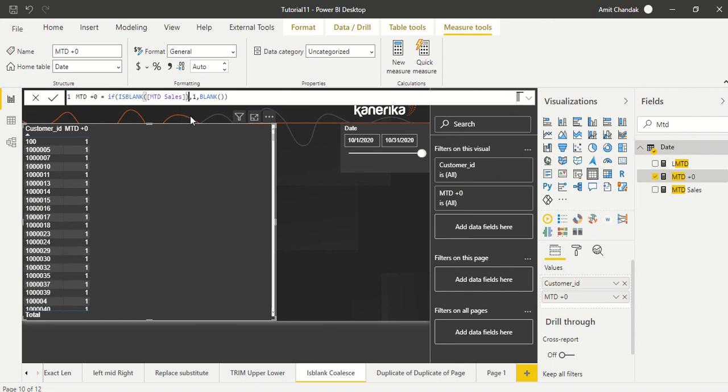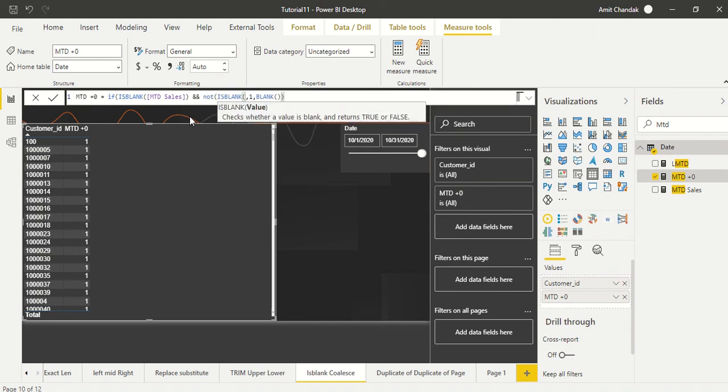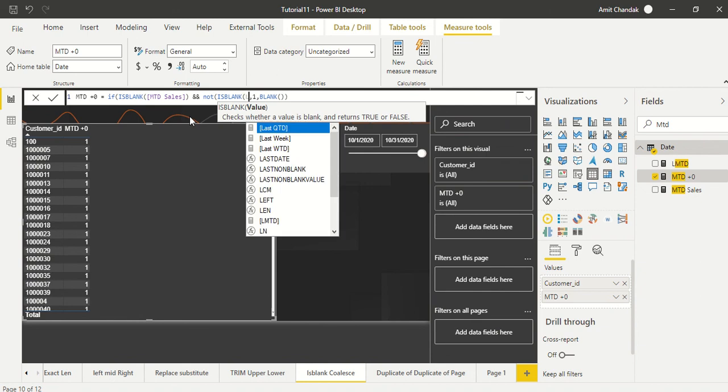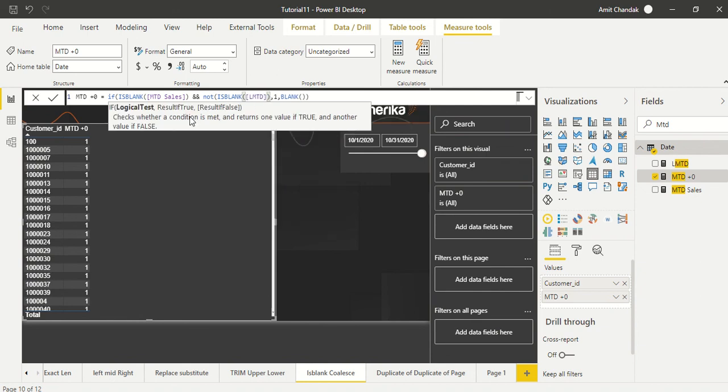So ISBLANK of MTD sales, and NOT ISBLANK of LMTD sales. Last month's sales should not be blank, but this month's sales should be blank. Then it is 1, else 0.